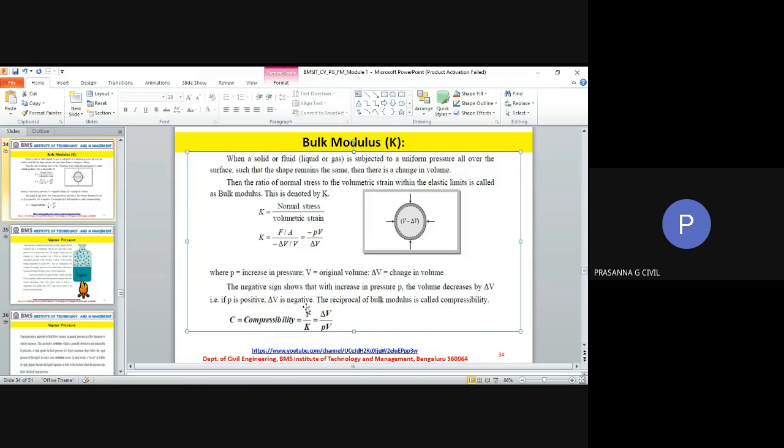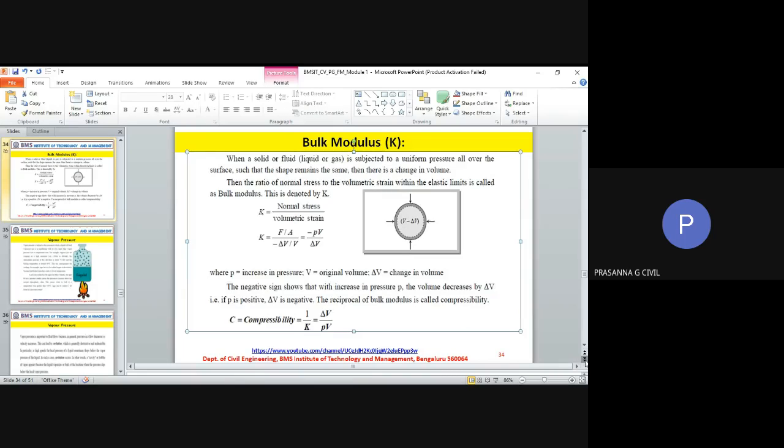That becomes the compressibility. And 1 divided by K means if the unit of K is Newton per meter square, then 1 divided by Newton per meter square is Newton raised to minus 1 into meter square. That will be your unit for compressibility. So we have looked at what is bulk modulus and what is compressibility. One simple numerical we will do after this, but let me explain one more significant